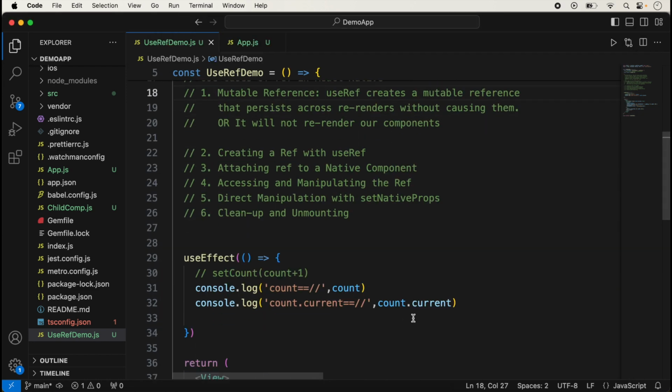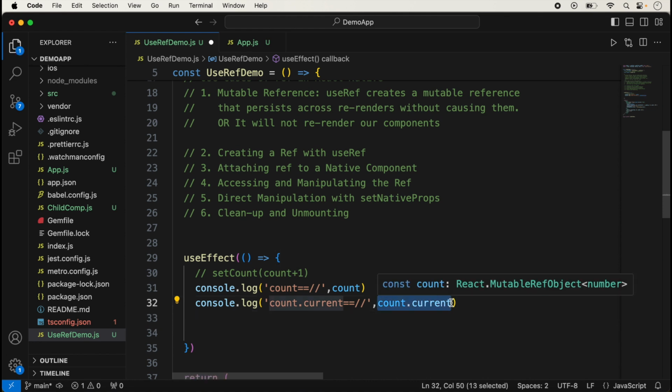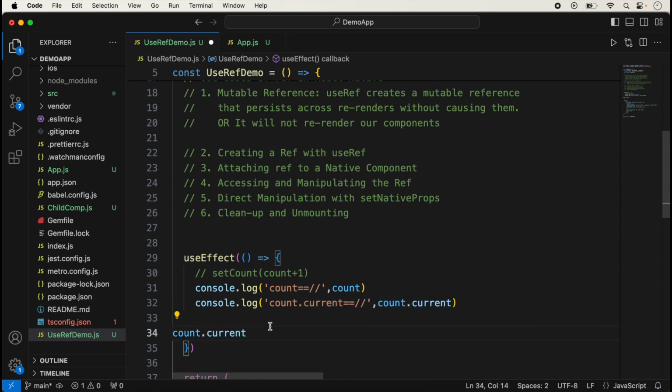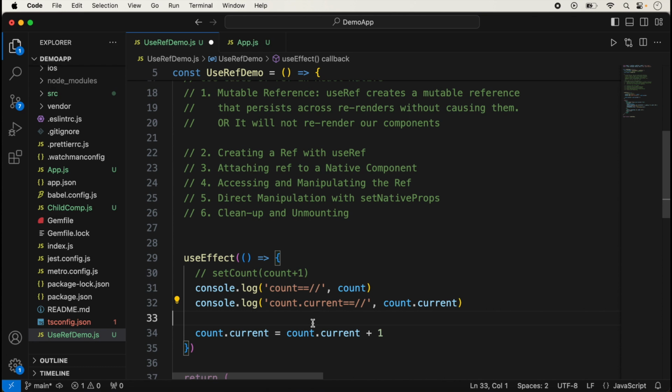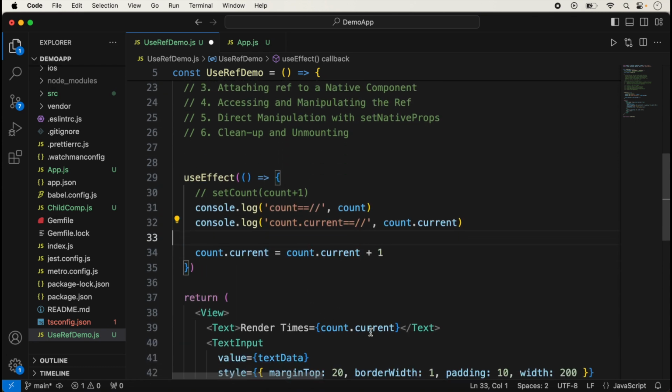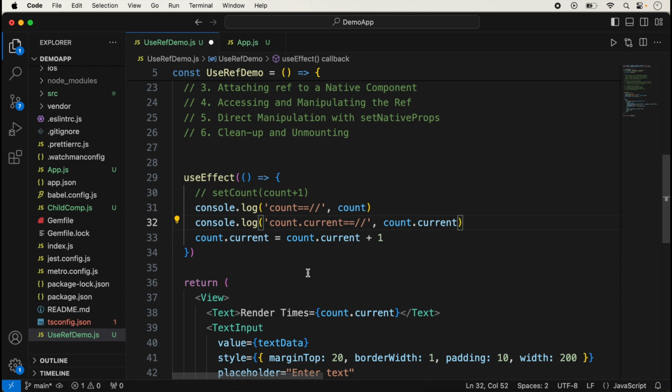Suppose now I want to set the value of the current. You need to add it like this. You will increment the value of the count by 1, and here we are already showing the count.current. So every time the component renders, the value will be incremented by 1 inside the count. When you save this,